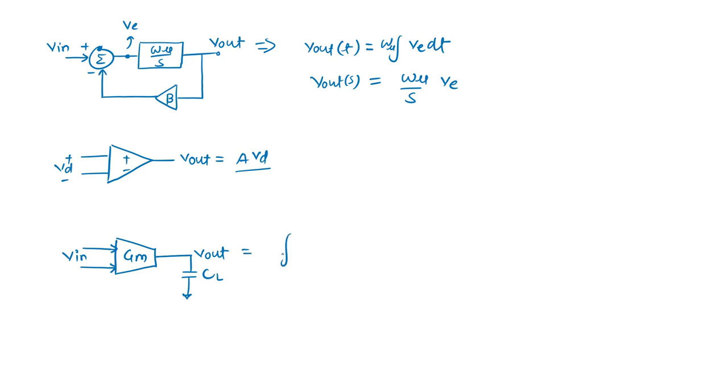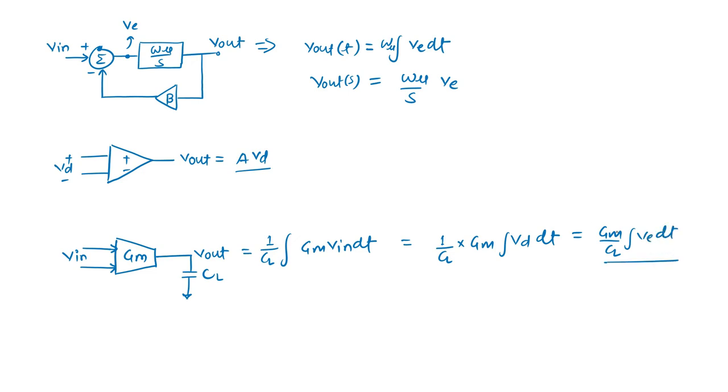It is nothing but an integration of current across this CL. The current is GM V in dt. This V in is nothing but the error voltage, or the difference voltage. So I can write GM out, and V in as VD dt, difference voltage or error voltage. I can write GM by CL times